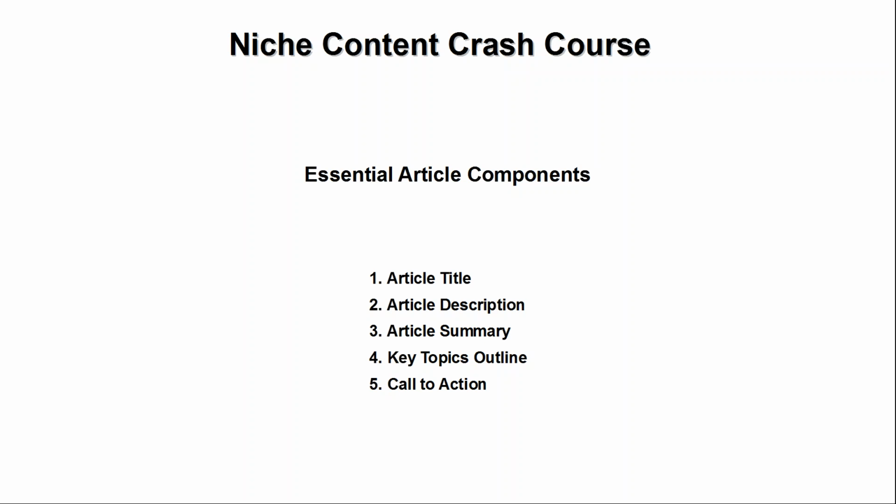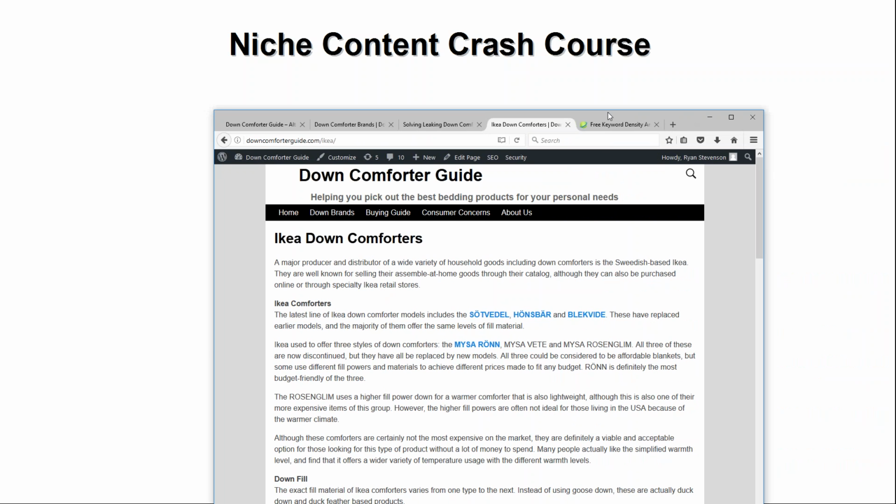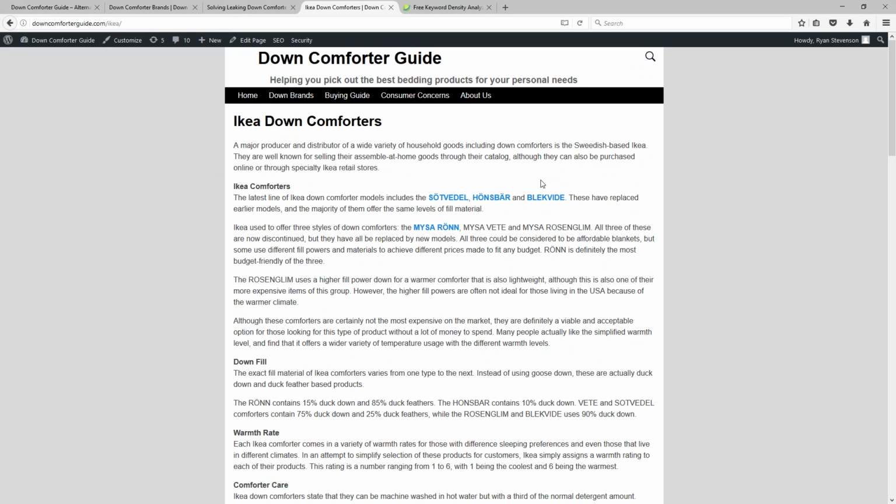A really great example that I have to demonstrate this particular concept here is a page of mine on IKEA down comforters.